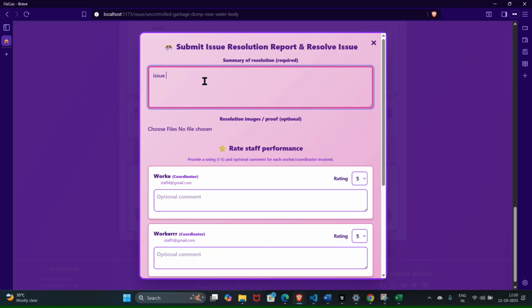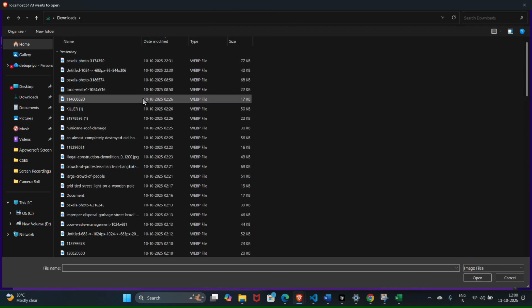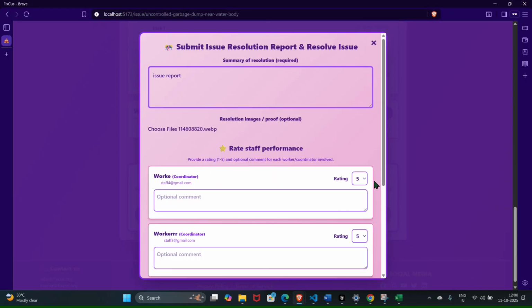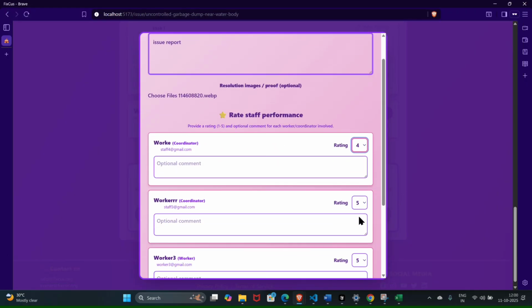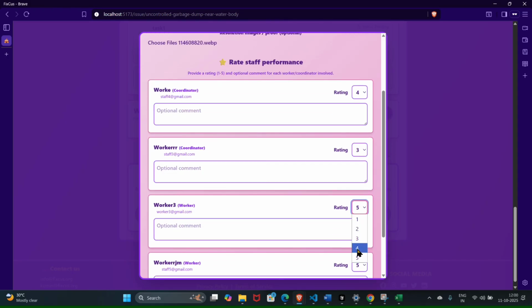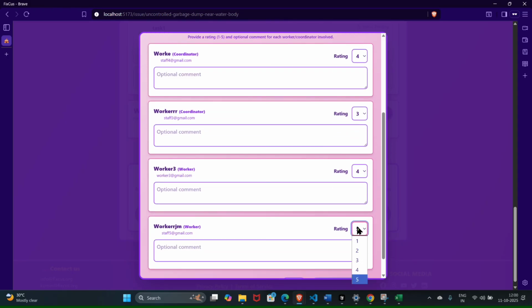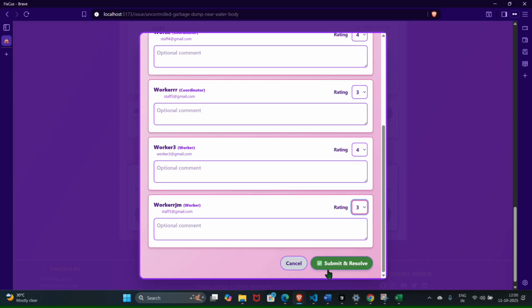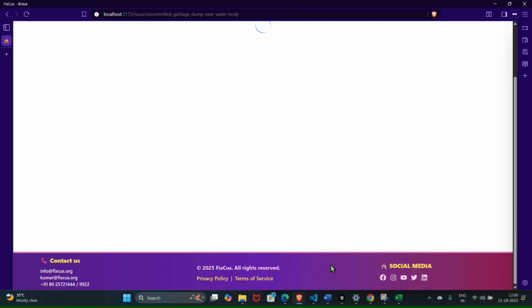can submit a summary and upload some images, and they have to rate each coordinator and worker on that issue. In these ratings, once the score is calculated for each worker, the staff is being suggested. So you can see,